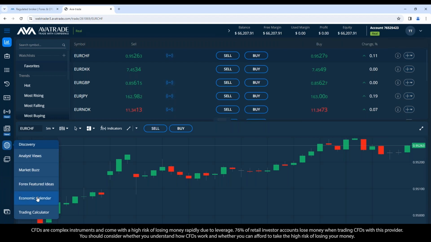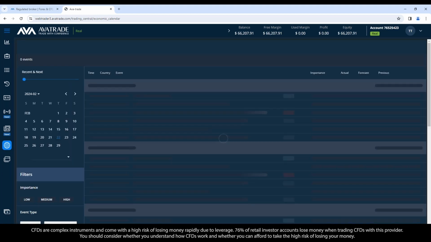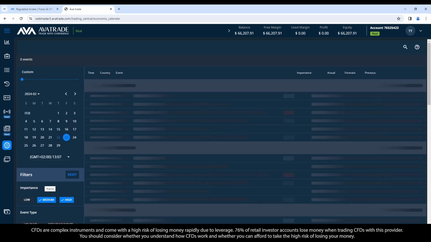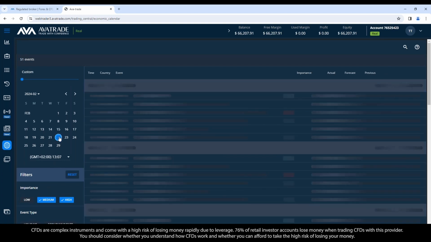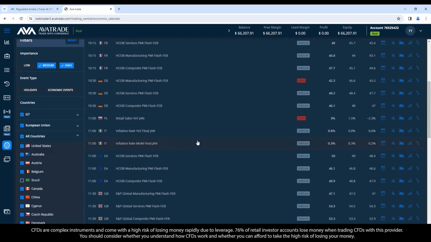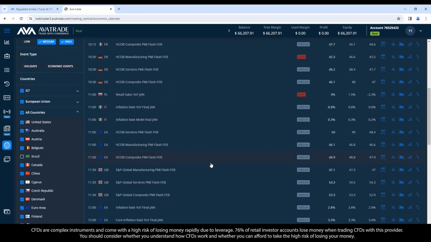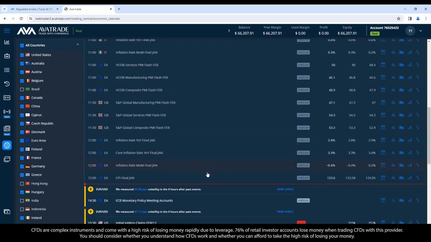Economic calendar is one place to go. So let's do that. And if we want to just look at today's date starting out, we'll click on the 22nd. And some announcements have already come in. Let's look at ones that have not. And so we can see